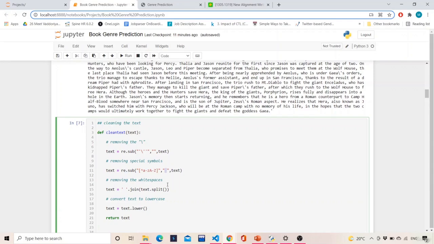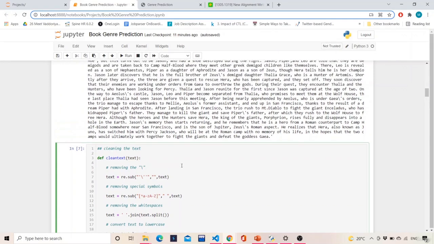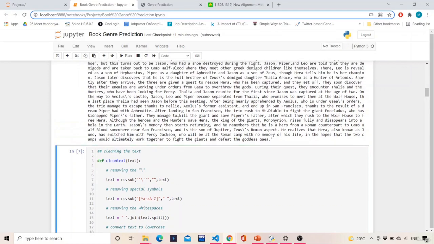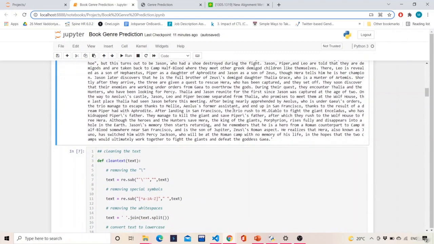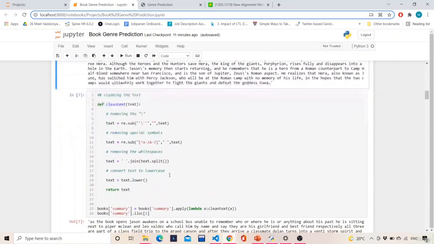So if the character is between small a to small z or capital A to capital Z, you include them. But if there are characters like comma or question mark or exclamation mark or all the punctuation symbols, just replace them with a white space. That is the meaning of this regular expression.